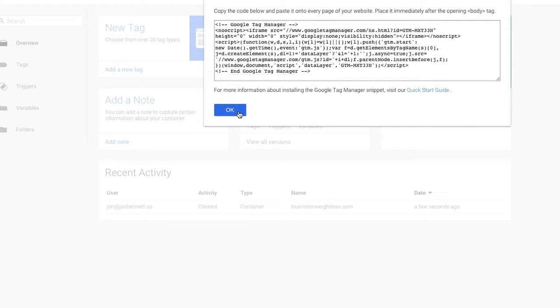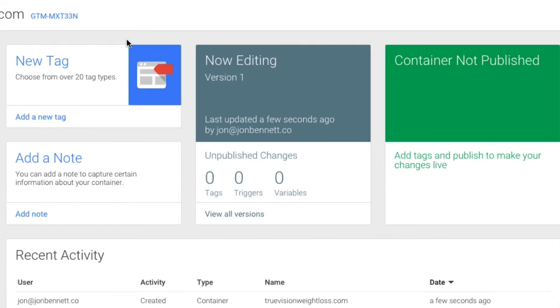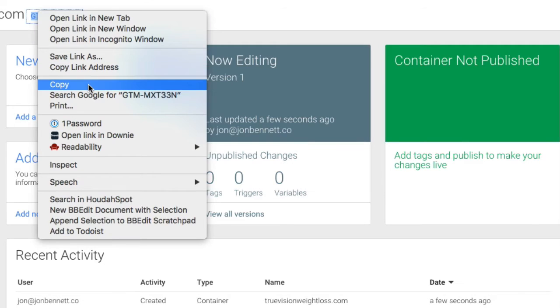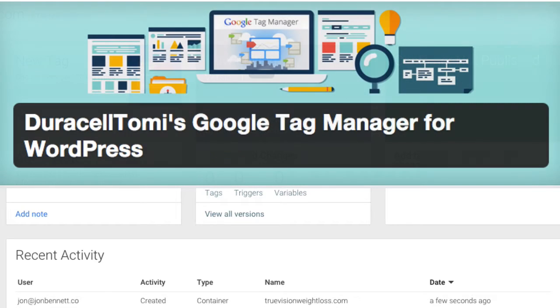Normally you would have to figure out how to mess with your website to make that code work, but what I want you to do is just go to the top next to the container name, which I always name as the website name. You'll see a code in blue, and I highlight that code and copy it. Copy the text off that. Usually this code is like a GTM dash and a few other characters. You're going to go back to your WordPress admin,